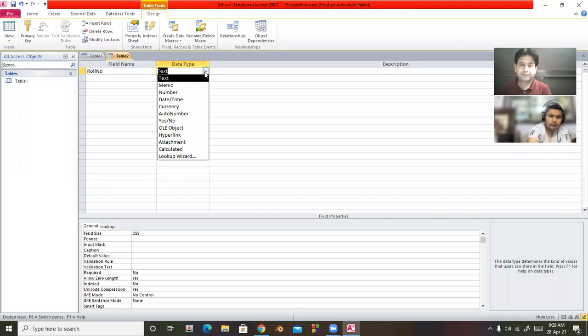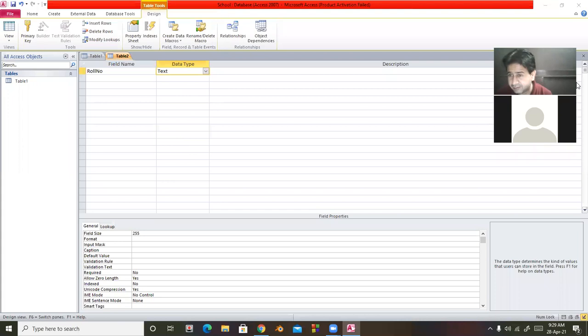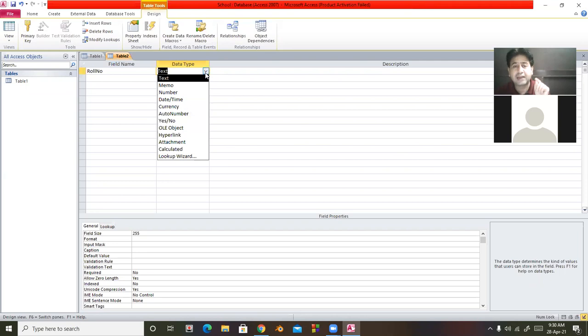So one by one, I will discuss these things and then I will create a table and then fill the data in the table. Okay, students, in the text data type, we can enter alphanumeric values. Alphanumeric value means it is a mixture of text, numbers, symbols. So in the case of your roll number, mostly in numeric format, we will have to select the appropriate data type.